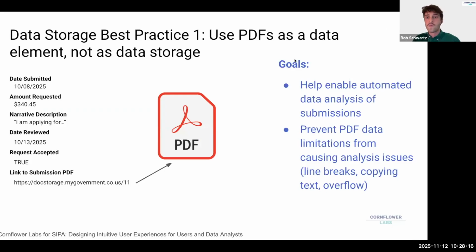So this is kind of a sample case we're going to give you about, let's say, a request for funding, right? And you have these columns: date submitted, amount requested, narrative description, date reviewed, request accepted, and link to the PDF. And this is not a terrible structure in terms of getting this data firsthand because you're linking to the PDF. The PDF is going to be, let's say, the reference that you're going to use to prove, okay, you got an application, somebody wrote it, maybe somebody filled out a form and